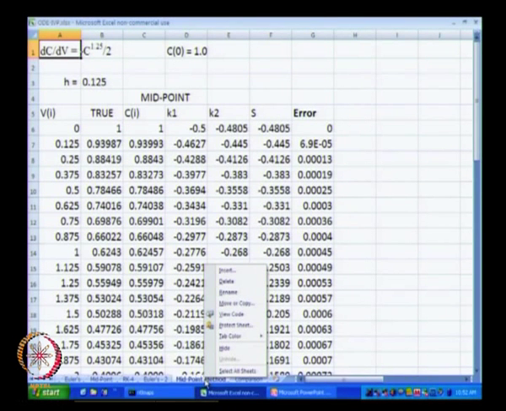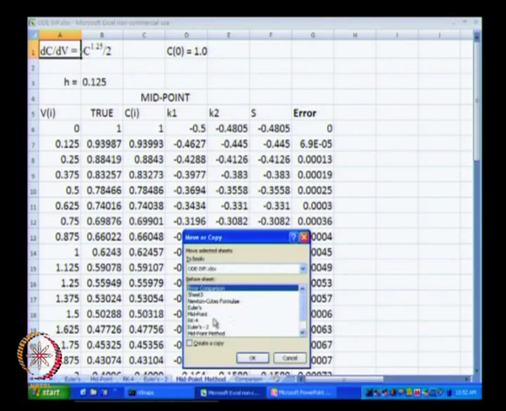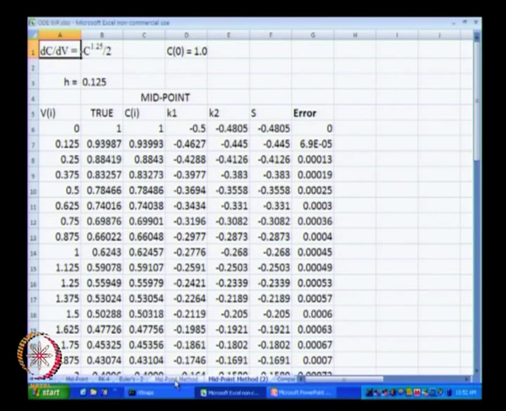I right clicked on this tab, clicked on move and copy, and clicked on create a copy, which means this midpoint method worksheet is going to be copied, and I will choose to copy before the worksheet called comparison. Okay. And now this midpoint method has been copied as midpoint method 2, and I will rename this as RK4 method.